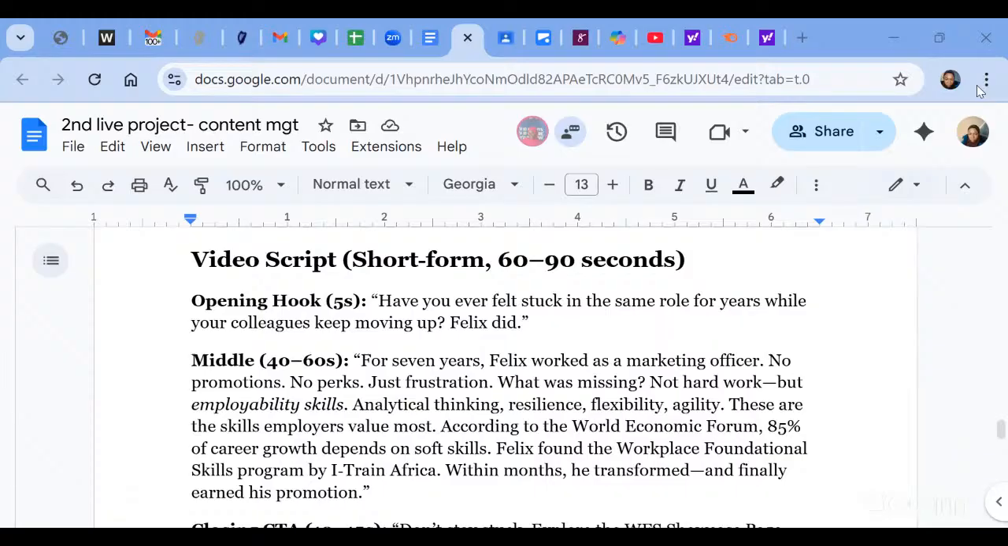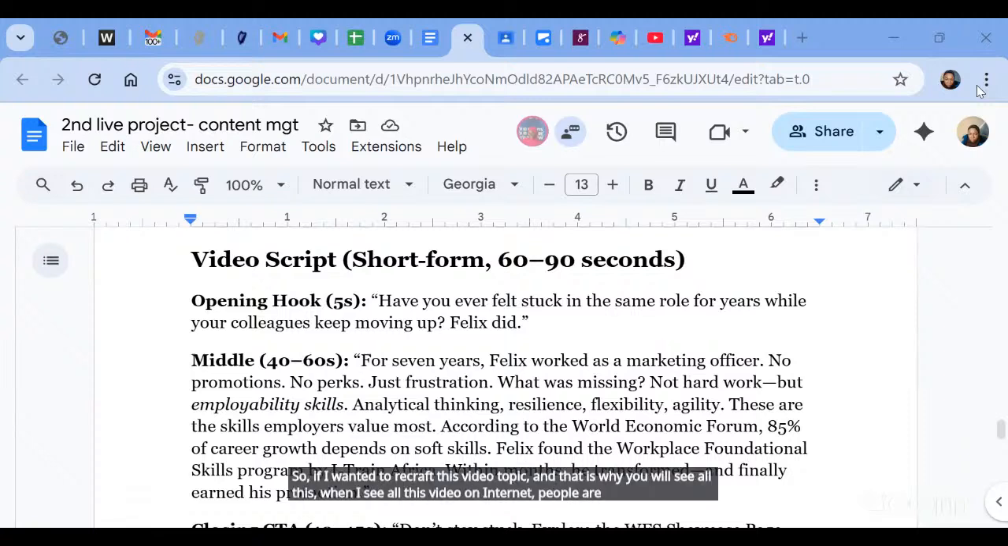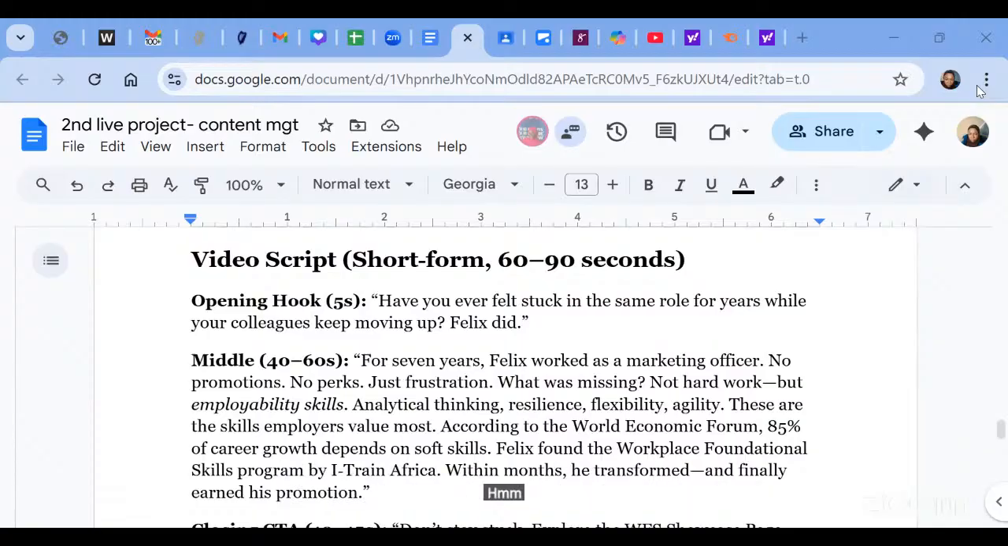So if I wanted to recraft this video topic, that is why, when I see all these videos on the internet, there are people stopping like, "Are you this? Are you that?" And I'm like, what is this? It falls flat. It falls really flat. And it is not until you realize you can call out your audience without actually even mentioning their name. If I wanted to call out this video audience, I can say, "3 years on a